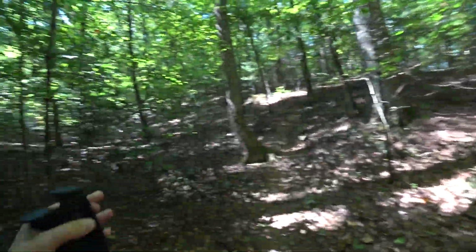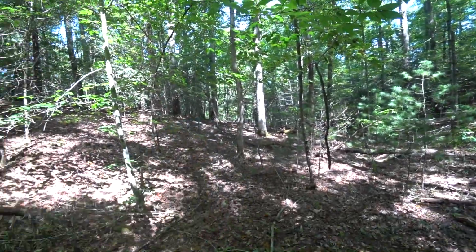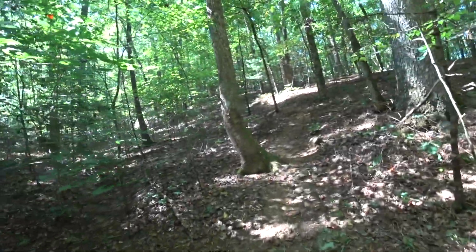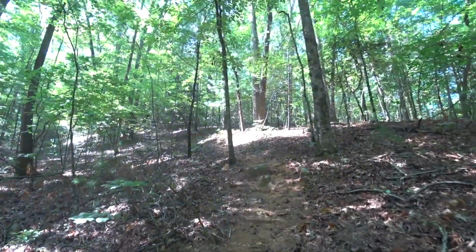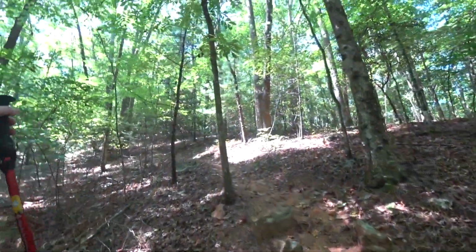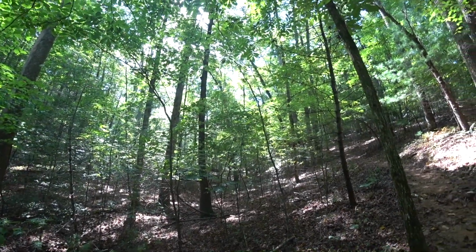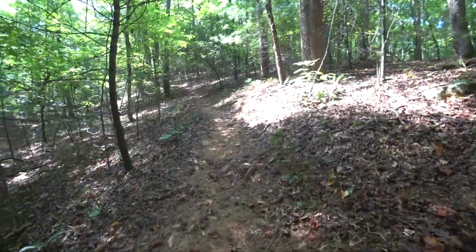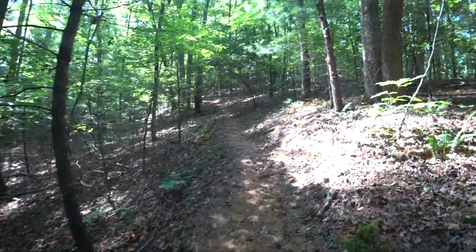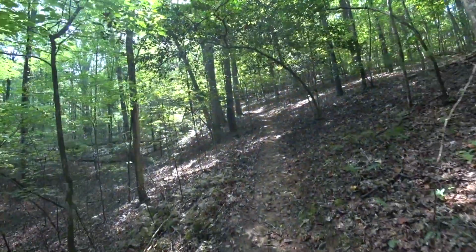So what we're doing is we're making our way up this draw, which pretty much runs all the way down to the road. So your first probably mile, but certainly until I think we make a sweep to the right on up here, the first mile or so is going to be climbing. We got to get up onto the ridge, and then we'll just do a little bit up and down, and we'll drop down into the river,